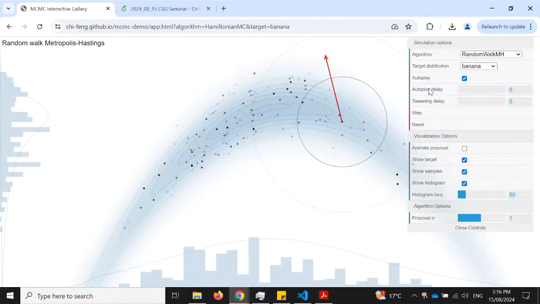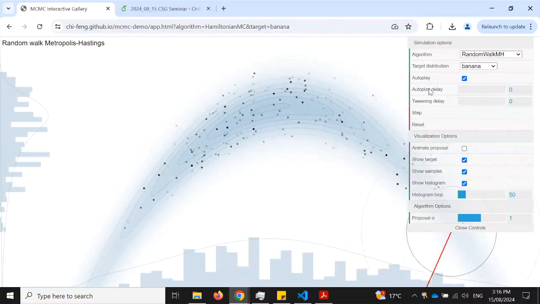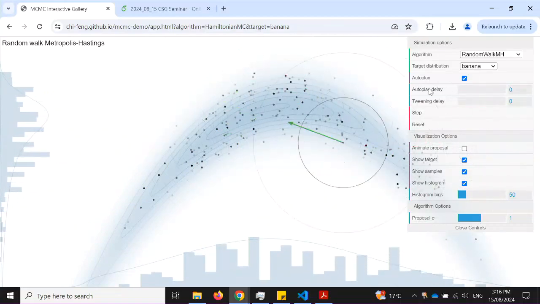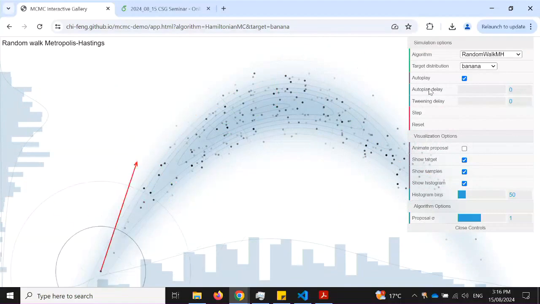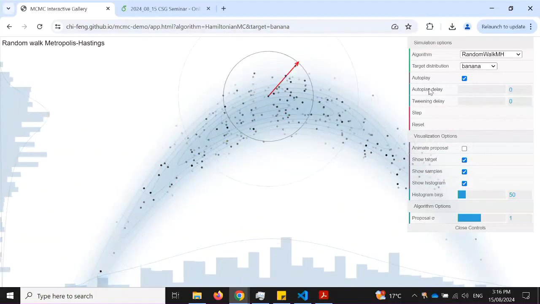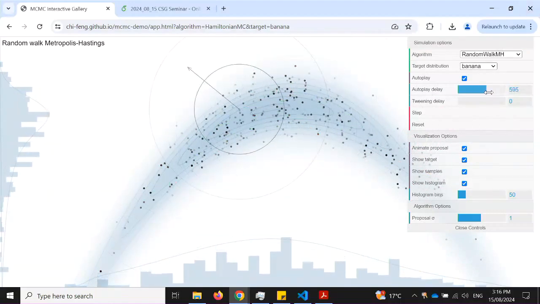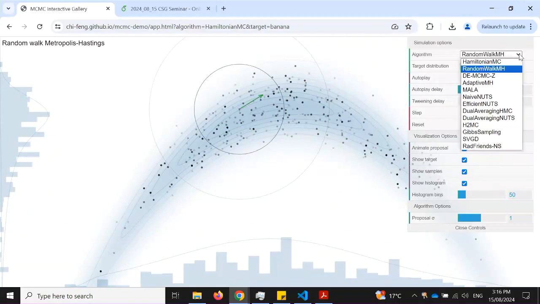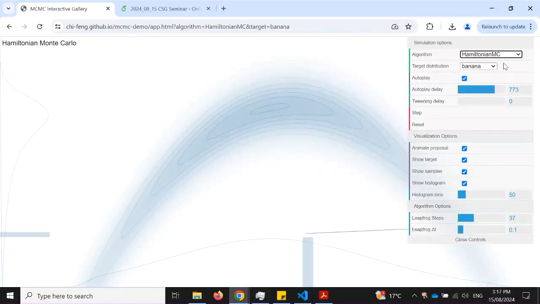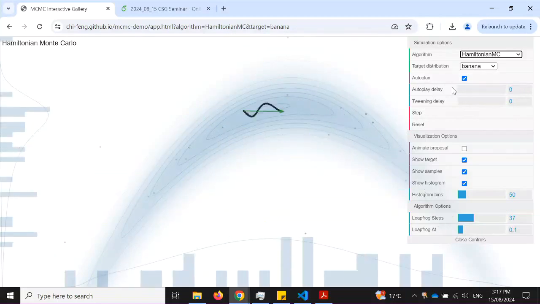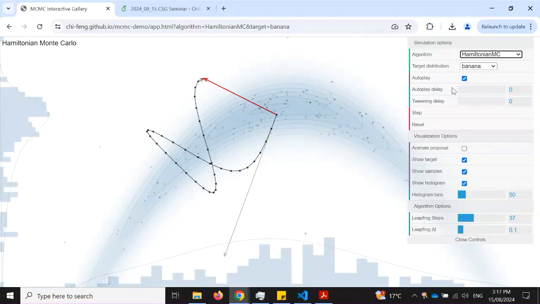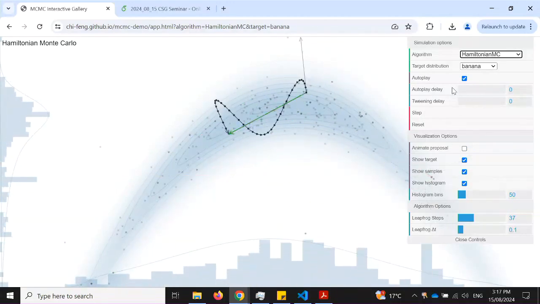The issue with running this Metropolis sampler is that you are essentially making small steps in the neighborhood of your current state, and that's why it's not as efficient. So the whole idea of the Newton sampler and Hamiltonian Monte Carlo is to implicitly simulate some sort of Hamiltonian system so that at each iteration you can move very far while still maintaining a high acceptance probability, and therefore resulting in more efficient sampling. So I think this is a very nice illustration.